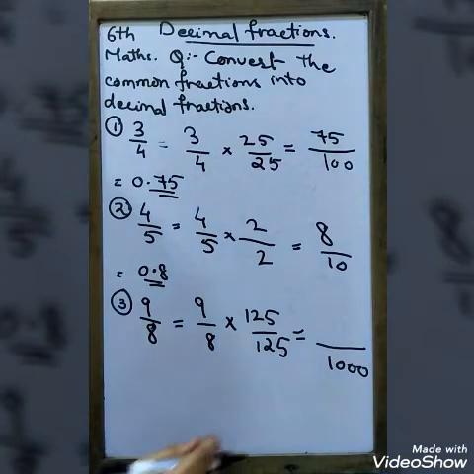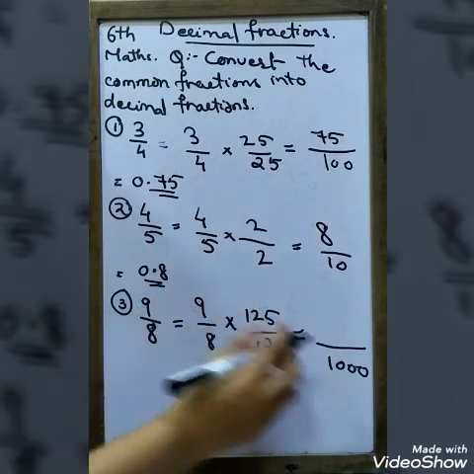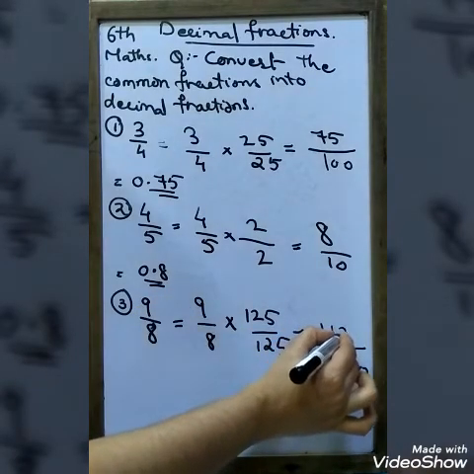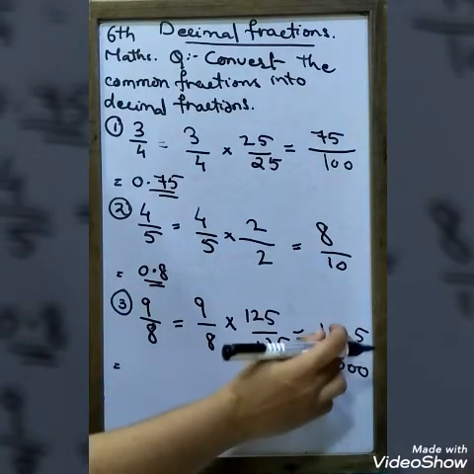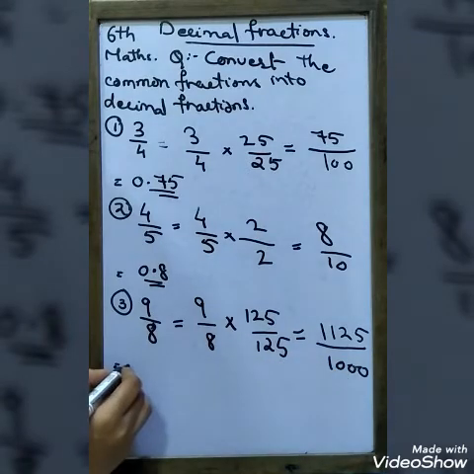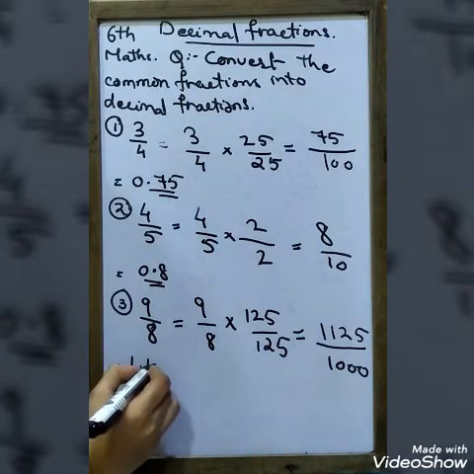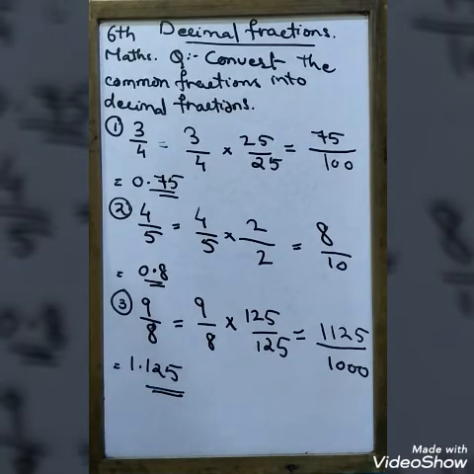और यहाँ पे if 125 is multiplied by 9, the answer will be 1125. So here when we are giving the decimal, 1 2 3, so after 3 digits we are going to write the decimal, so it will be 1.125. So the answer is 1.125. So like this way we have completed our 3 sums. Further we are going with question number 7, 8 and 9.